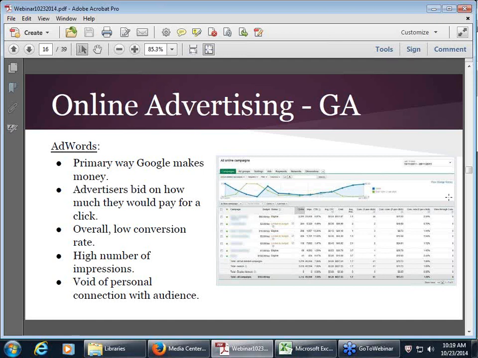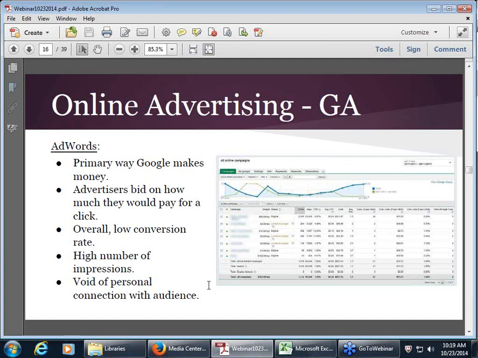So you can bet pretty well, and I'm going to show you in a second once we go into some of the analysis tools, that you're going to get a lot of people to see the ads depending on how you're positioning it and what keywords you're targeting it to. But again, conversion rate is relatively low. So those ads that I'm referring to here are those ads that show up on the side of the page when you enter a Google search, and only a smaller portion of people click on those.